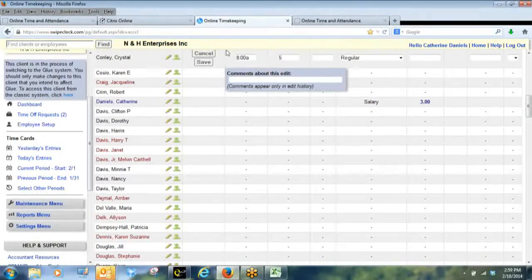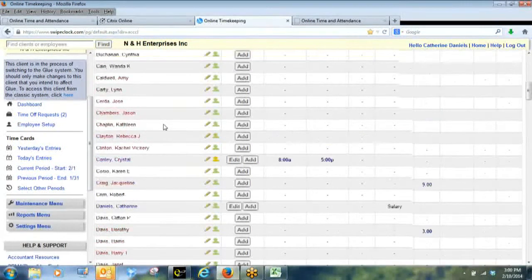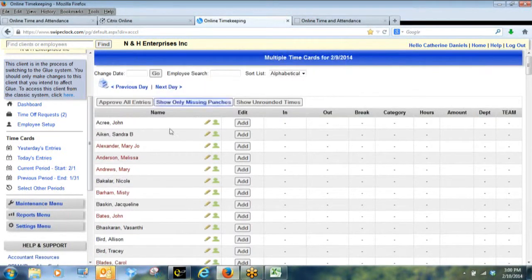I could put a punch in, and I had to hit save. So it's very easy to make changes. Blue means someone's edited a punch. Again, the history is there. This approval, which is the new added thing I talked about,